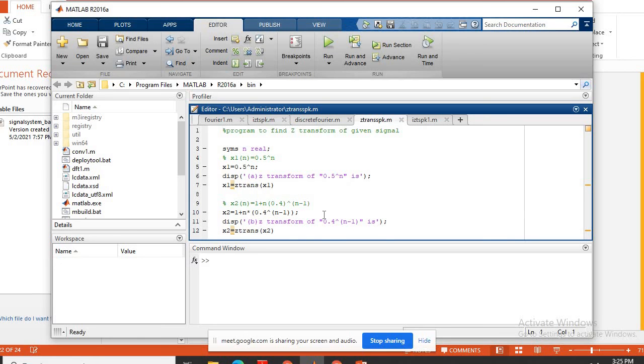In the same fashion I have written one more here, so that we get two answers. X2 is equal to 1 plus n into 0.5 raised to n minus 1, because I want to show you the shifting property and all that. But at present, since we have not yet studied the properties of Z transform, though we have studied properties of Fourier transform, and in the same fashion properties of Fourier series,